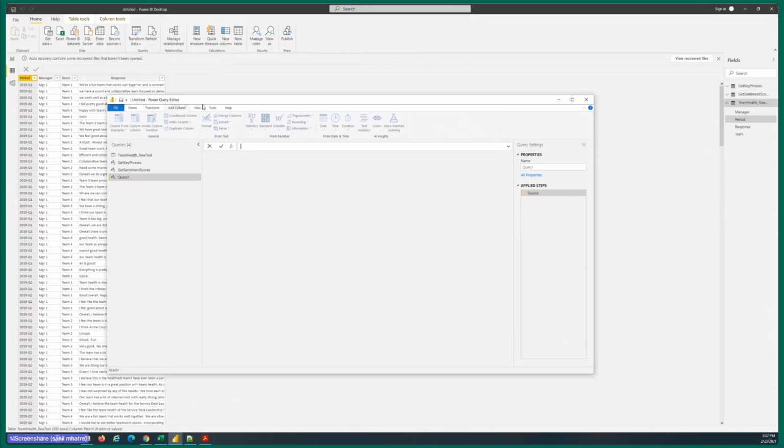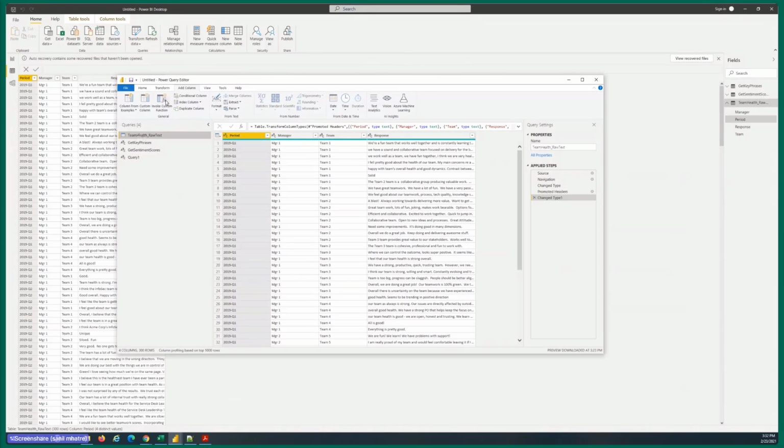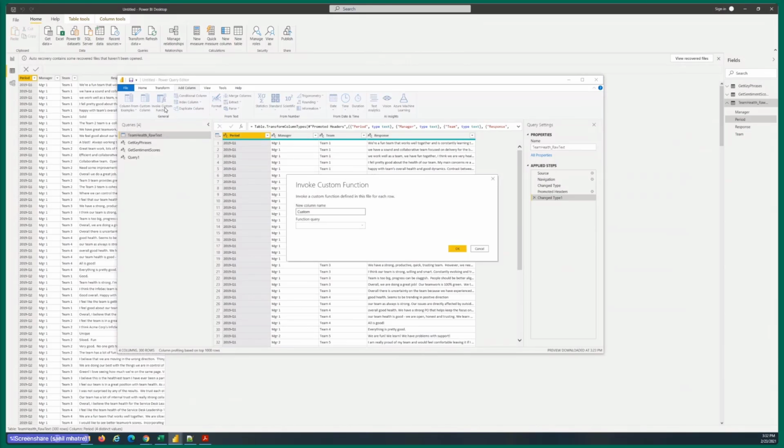Click on your dataset, the raw dataset, and that should enable the functions in this ribbon for invoking the custom functions. So we are going to click on invoke custom function over here, and that should allow us to make a call to the new function that we created.